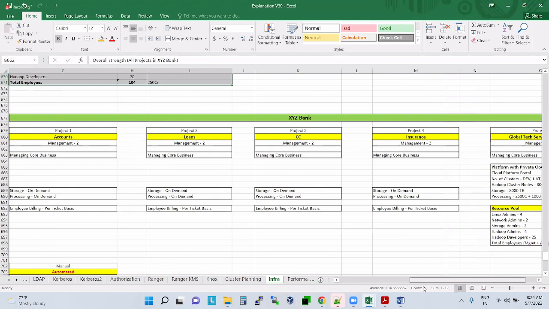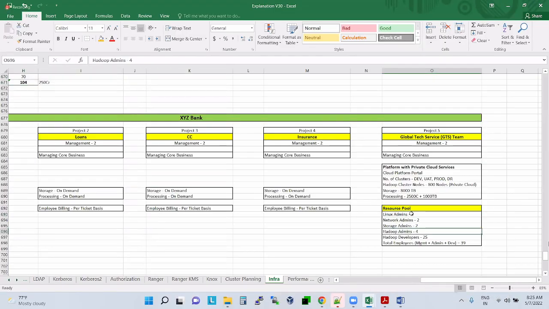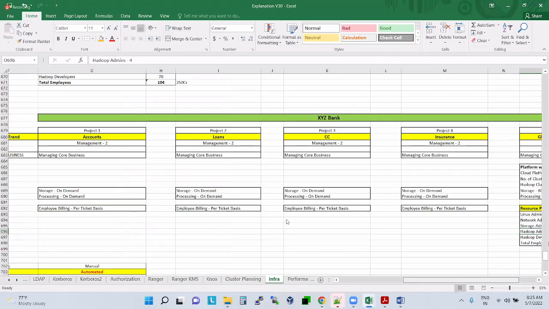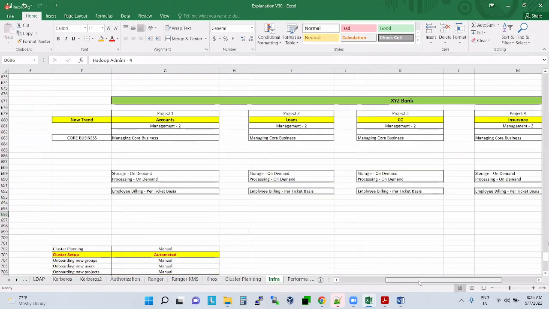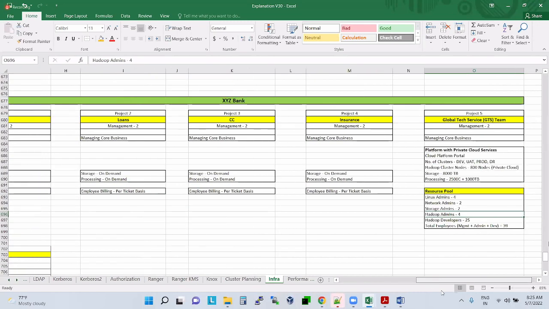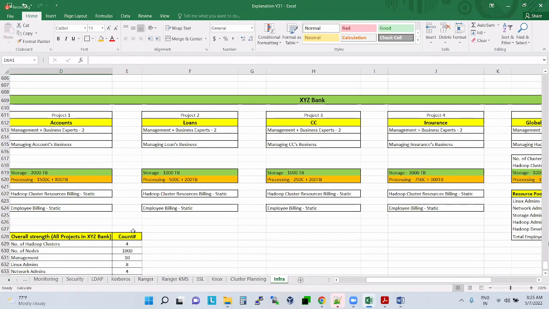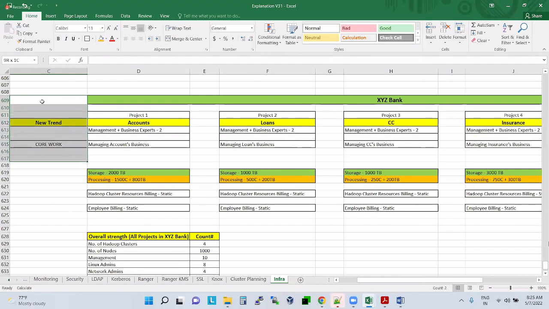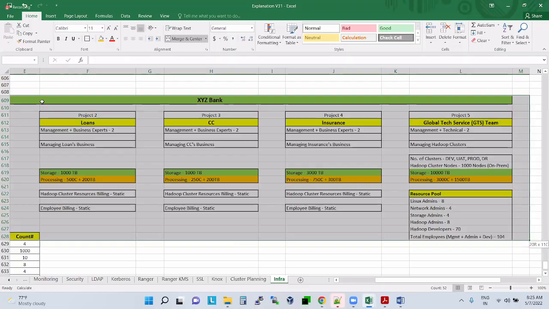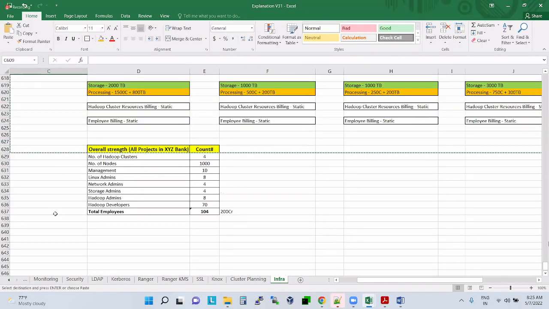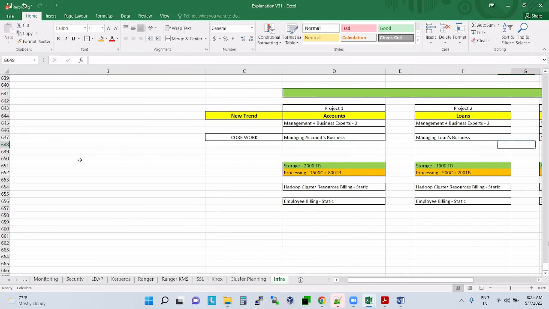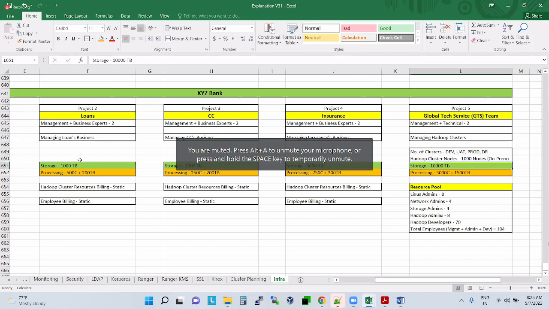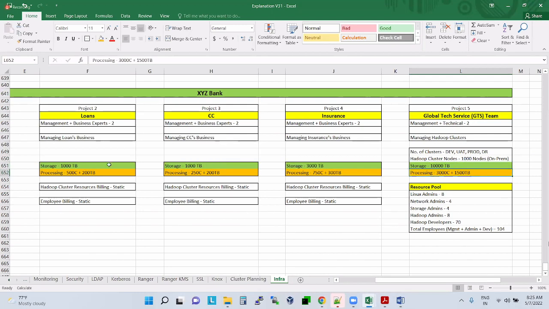So this is what they are planning. They are bringing up some cloud capabilities using container skills. They are trying to do containerization.